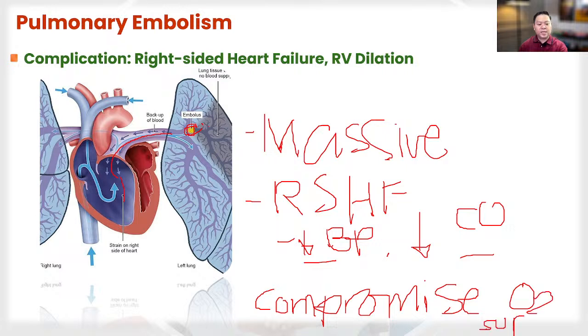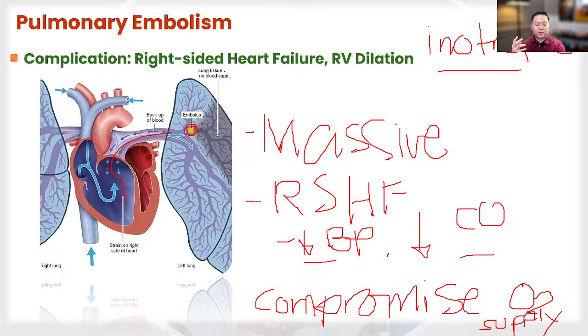And so what are we going to do? We are going to expect the use of the inotropic. And so around this time, probably the patient is already on their way to the ICU. You have to really expect that this is an instantaneous change in the patient's status. You're not going to expect that this patient will stay in the med-surg unit. No, this is a critical change in the patient's condition.